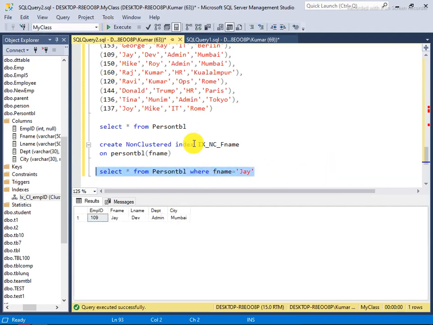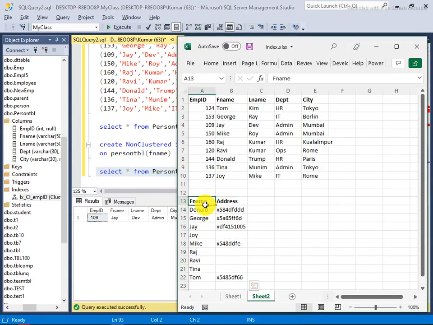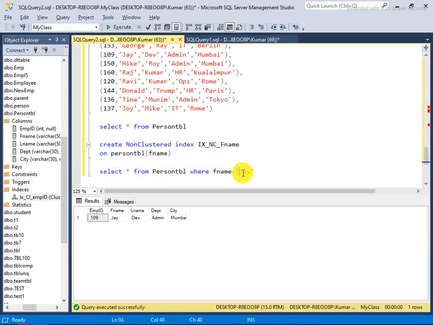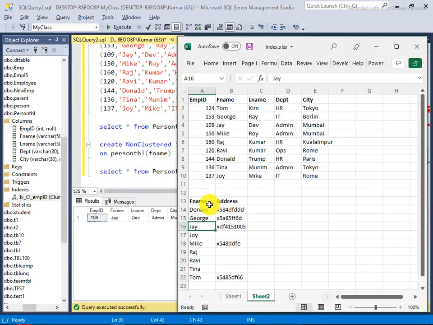Okay, so SQL Server directly goes inside the table's memory location, and it will try to find it in the ordered way. So simply it will go here as you say where f name equals j. So it will know that f name has an index, so it will go in the table and check that it has an index. So it will go here and find j is here and it will get its address.